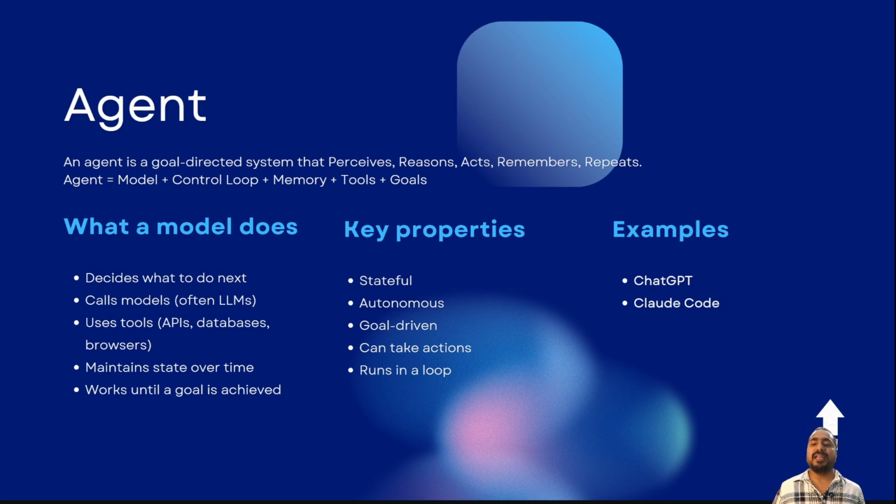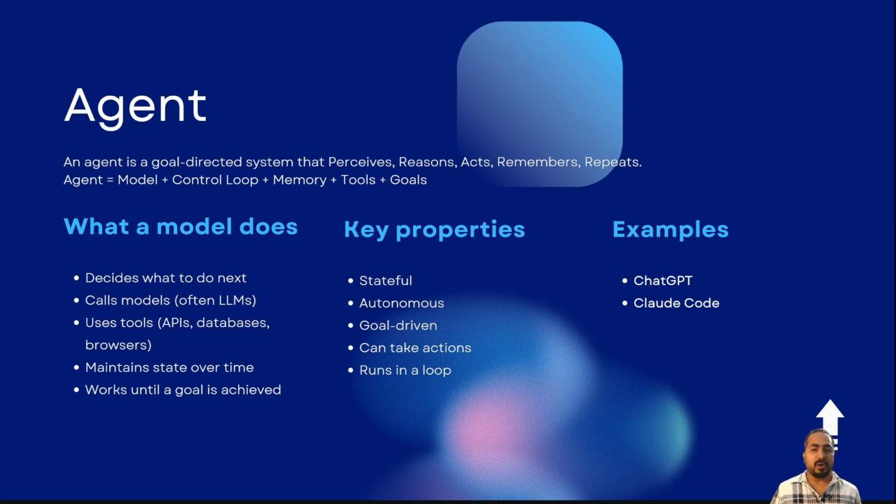Let's classify some real AI systems. Image classifier, model or agent? It's a model. Why? It takes an image, outputs a label. Single step, no goals, no memory, no tools. What about GPT 5.3 API? Model or an agent? It's a model again. Why? Send a prompt, get completion, stateless, no memory between calls, no tools.